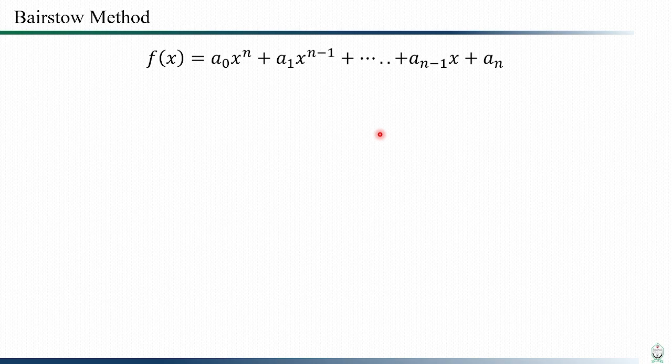With the discussion we have had so far, we can say that any polynomial actually takes this generalized format. You can check with the examples that we have done so far, and if you look at them closely, you will find that they all have this generalized format. Okay. Now, our Bairstow method wants our f of x to be rearranged in a way so that we can